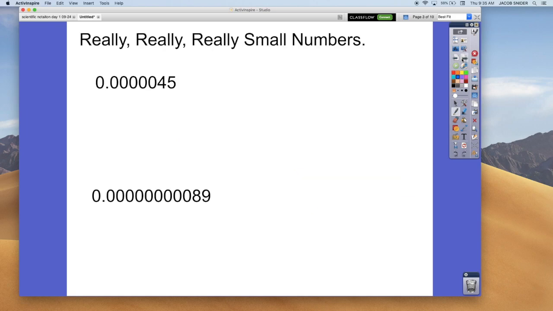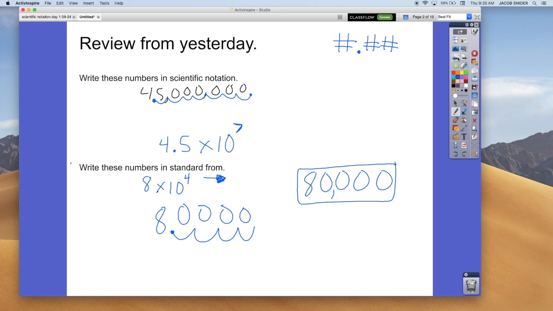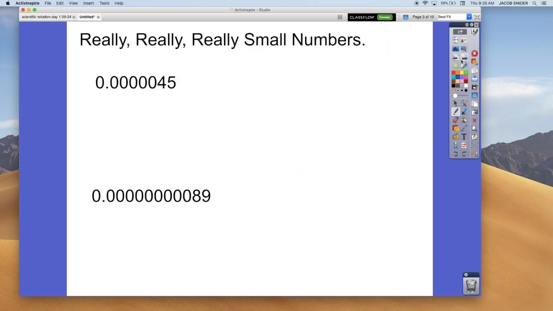Now let's talk about how to write really small numbers, okay? So see the difference here between what these look like as opposed to what these look like, right? We could figure out how to read this number. Tens, hundreds, thousands, 10,000s, 100,000s, millions, 10 millions. Okay, so that's technically how you would read that, but that's not super duper important. But what do I want to have happen again? Remember, I want it to be a number,